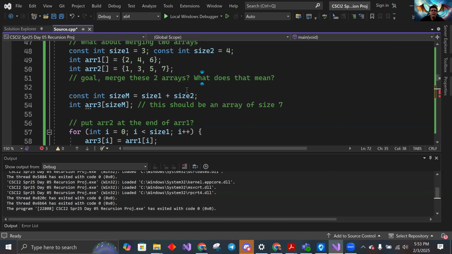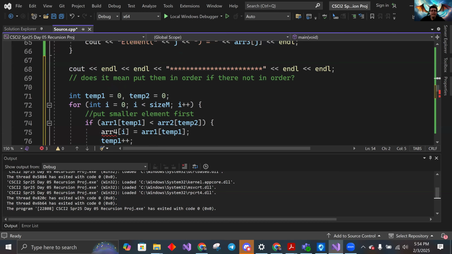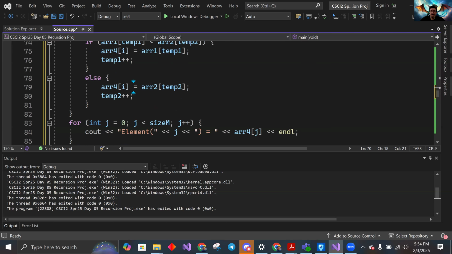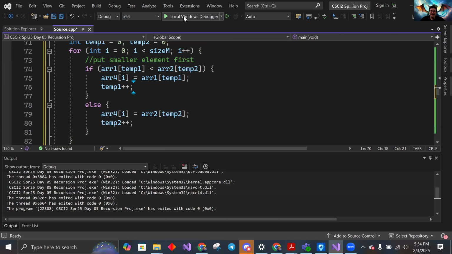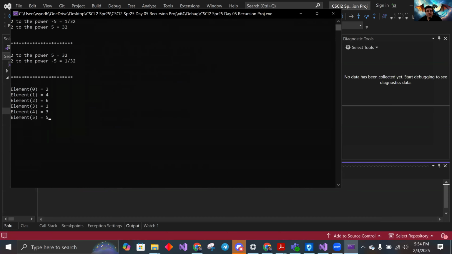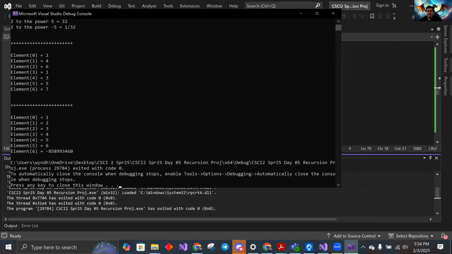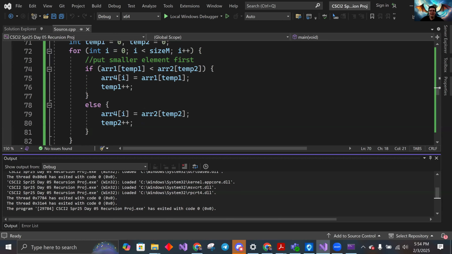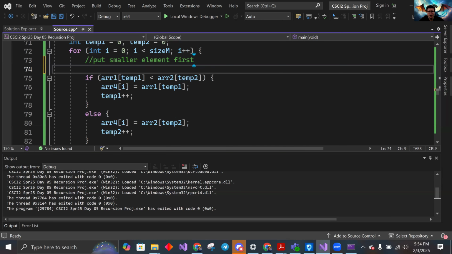So I'm going to say, come up here and make, bring that down here. And array 4 is size M. And now we're seeing out array 4. Okay. I think this is going to cause a problem when it gets to the end. So maybe we've got to add some validation or some checks in here. We've got to make sure if